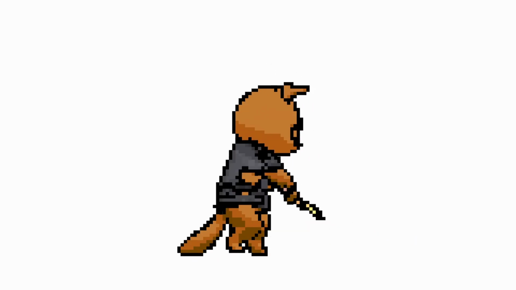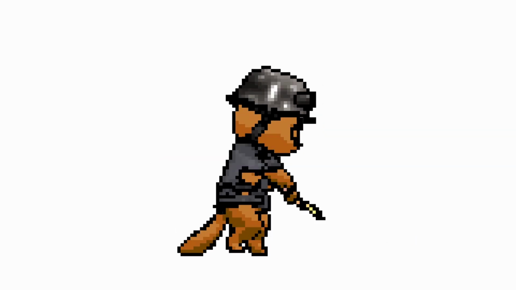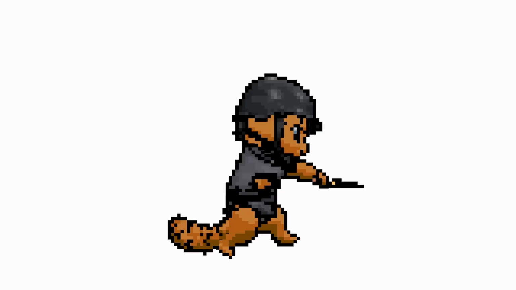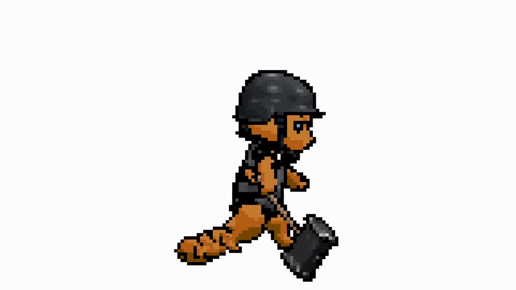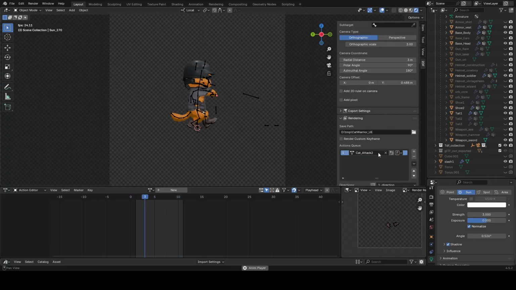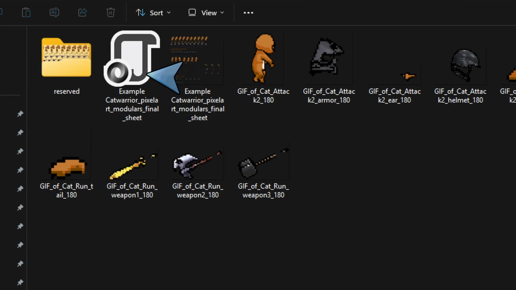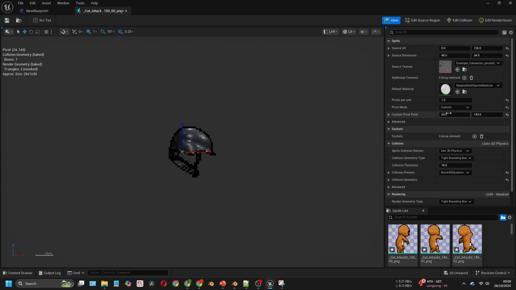Modular sprite sheets like this make your game super flexible. Players can change gear, level up their look, and actually feel their character grow over time. Additionally, this add-on also lets us set the pivot of our sprite like this, which later we can find in the JSON file here. We can use this pivot value later in the game engine to correctly place the modulars in the right location within